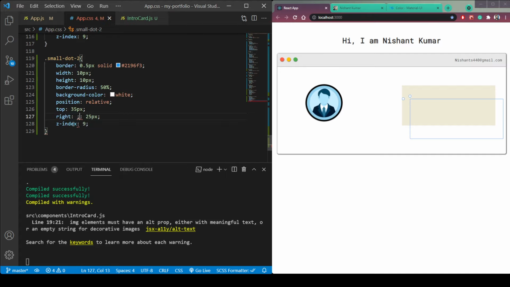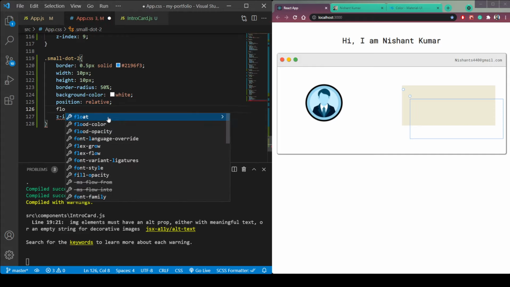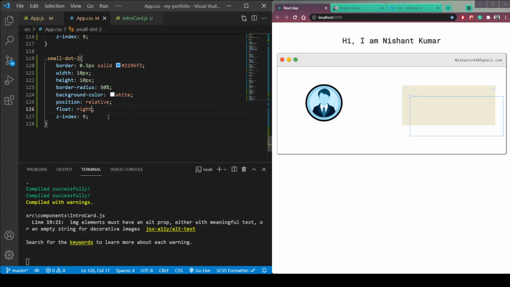So right 25 px, or remove this right, and top. Let's make it right 0 px, or we can do float right also. So float in the right. As you can see, it is now in the right.